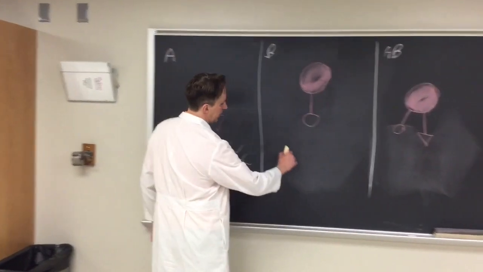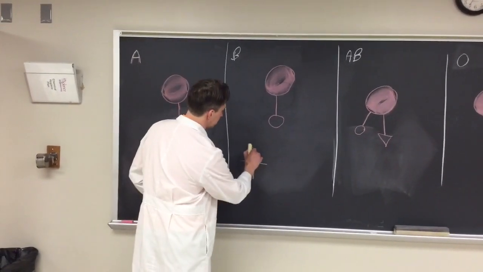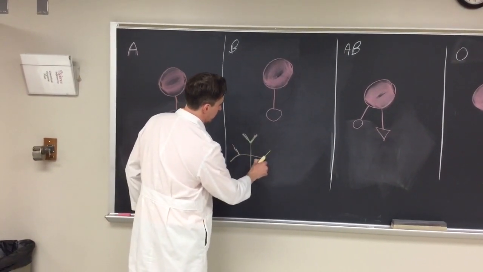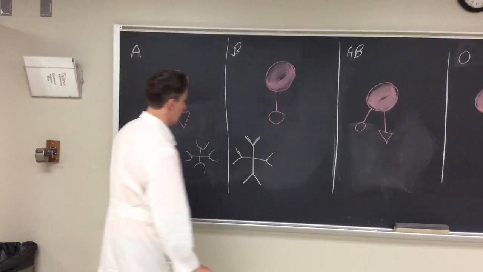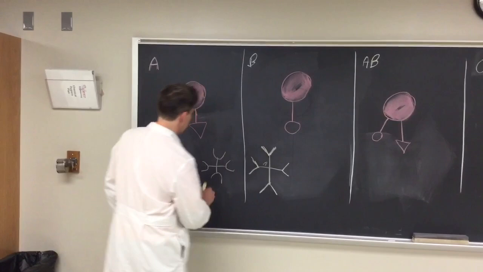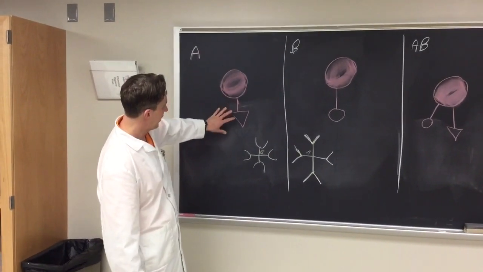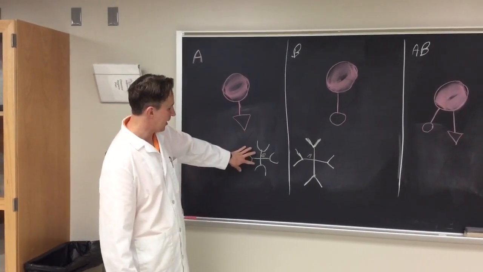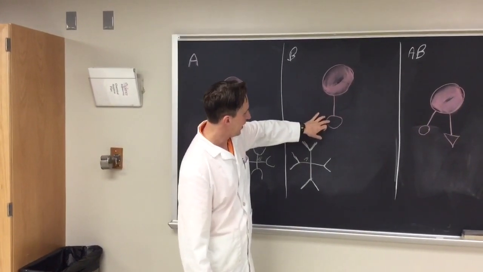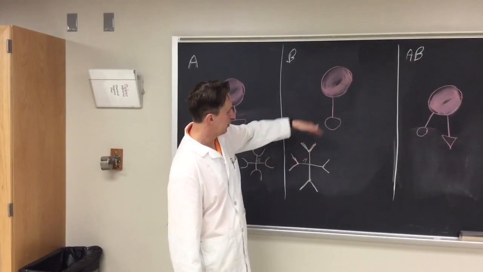If you are a blood type B, you have an antibody already in your bloodstream that looks like whatever the A looks like, right? So we're going to use this V shape. You'll notice that this A does not match up with the B, and this type B does not match up with the A. Again, you have an A antigen and a B antibody in your blood if you are blood type A. If you're blood type B, you have a B antigen and an A antibody. Again, they don't